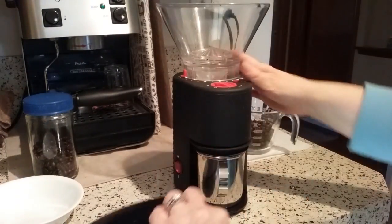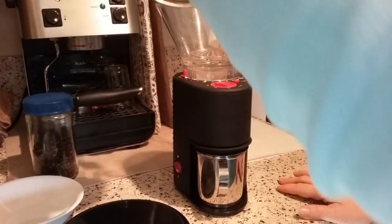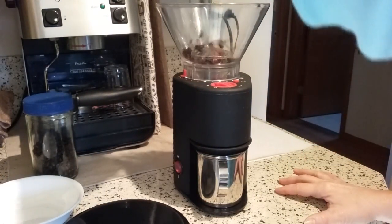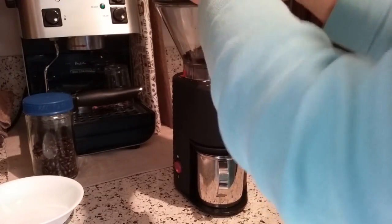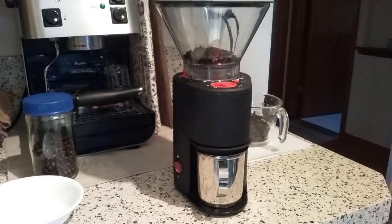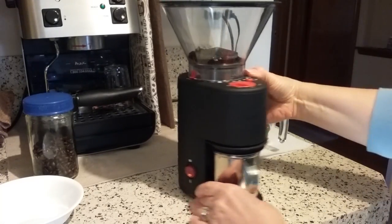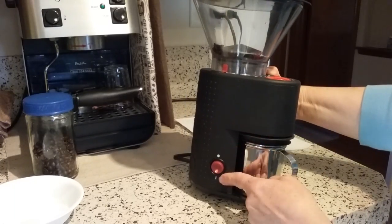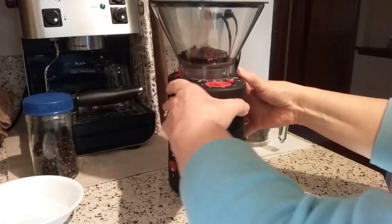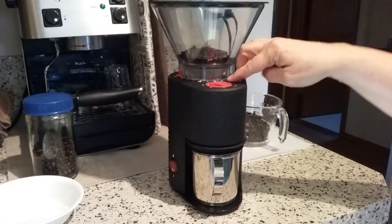I'm going to show you what the grind sizes look like. I'm going to start with the espresso, or what they call espresso. This could actually work for Turkish almost. It is so fine. It is literally like talcum powder. So here is the on-off switch on the side. When you turn it on, the light will shine. It's a little orange light. And I'm just going to run this a few seconds here, just to kind of run that